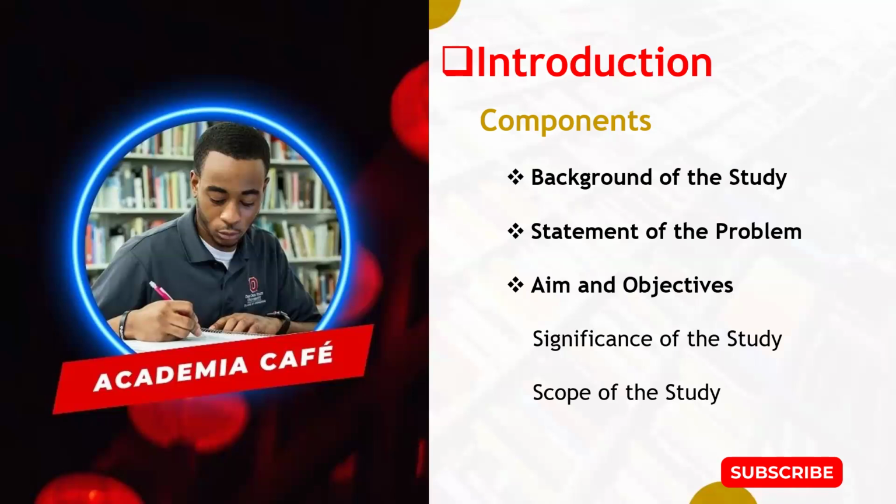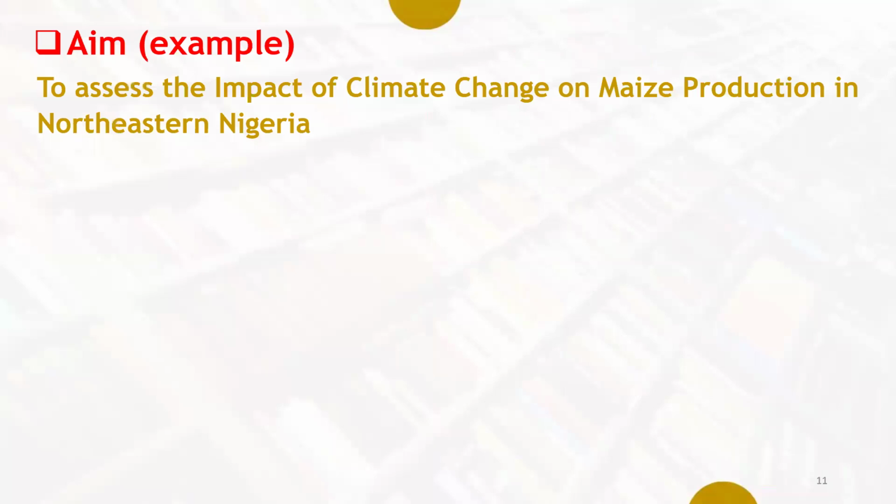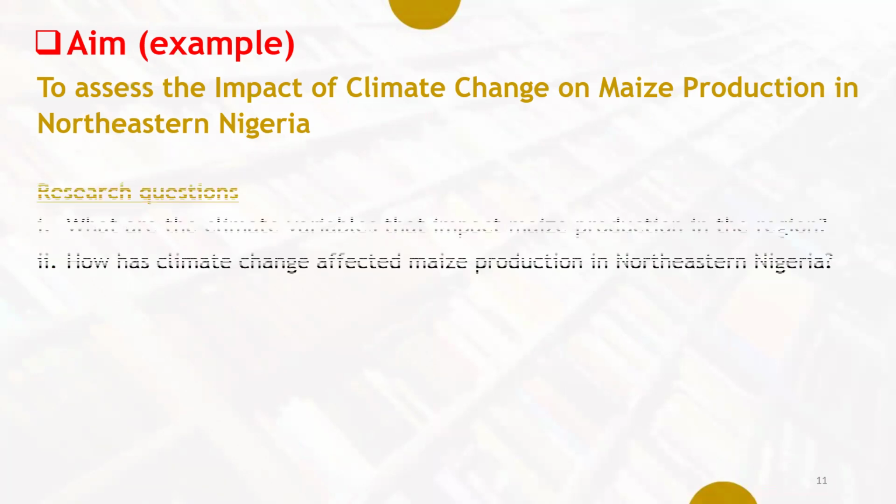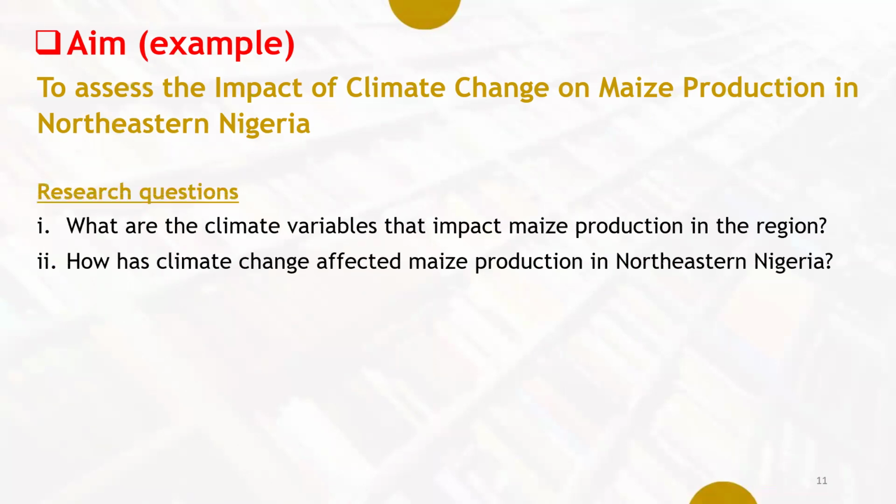Let's take an example from our earlier topic. The aim of the research might look like this: to assess the impact of climate change on maize production in northeastern Nigeria. And you might have the following research questions. What are the climate variables that have an impact on maize production in the region? How has climate change affected maize production in